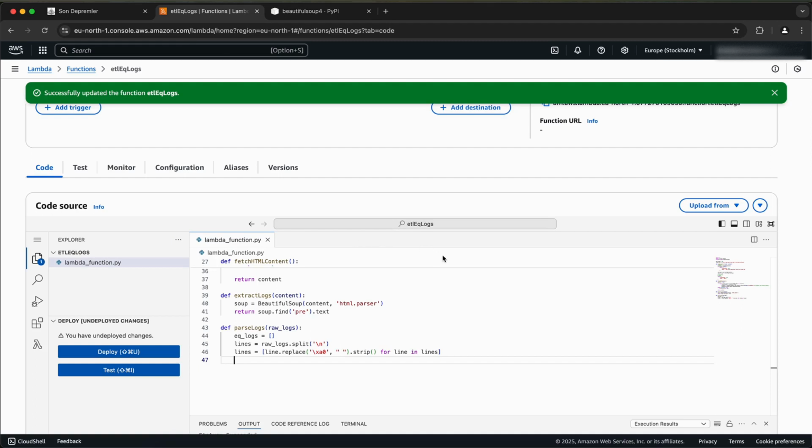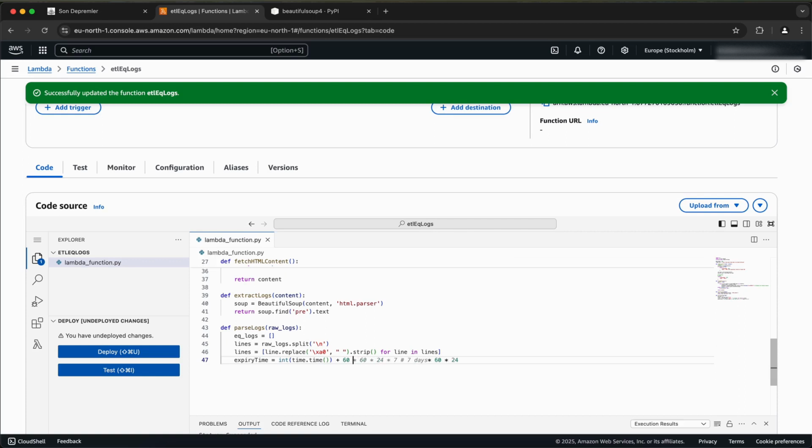So I just need to create this variable by using the time function, and I will call it expiry time. I just need time.time, and I should also cast it to integer. This is the current time in epoch format that the function is running. So I should add 60 seconds times 60 minutes times 24. So this will take it